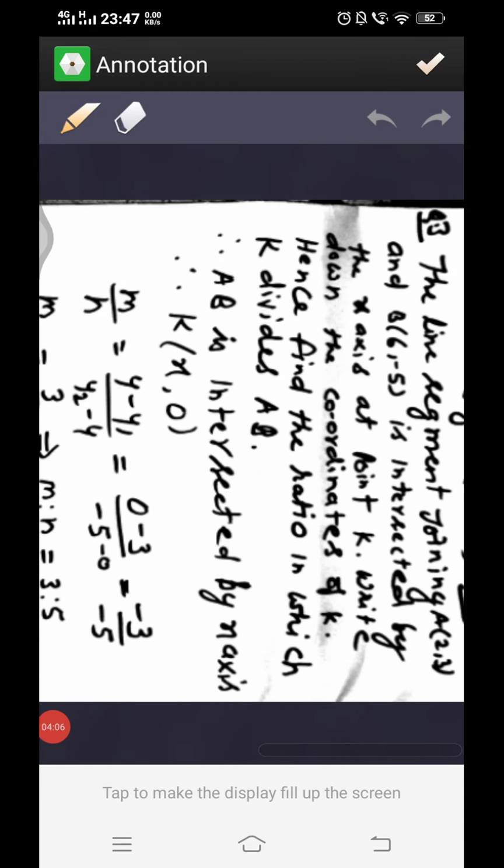The line segment joining A (2, 3) and B (6, -5) is intersected by the x-axis at point K. Write down the coordinates of K. Hence find the ratio in which K divides AB. So you see,